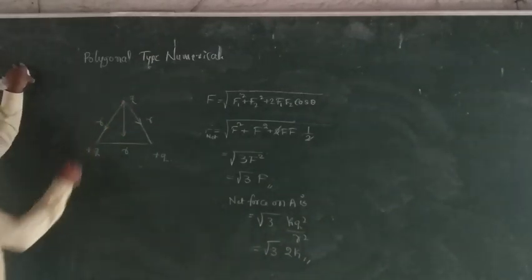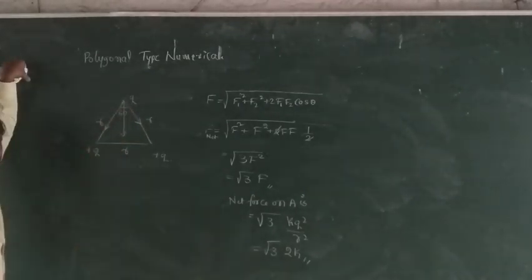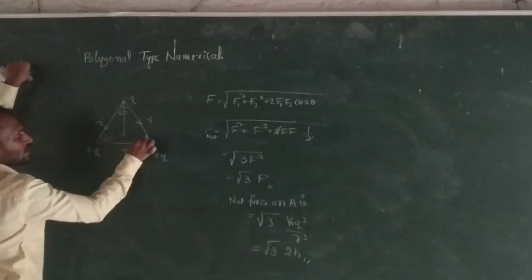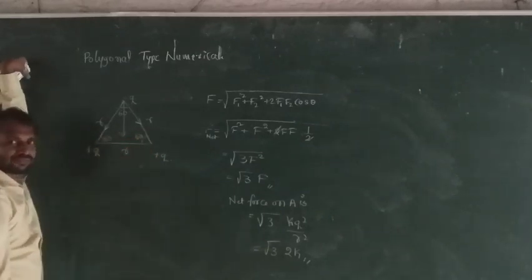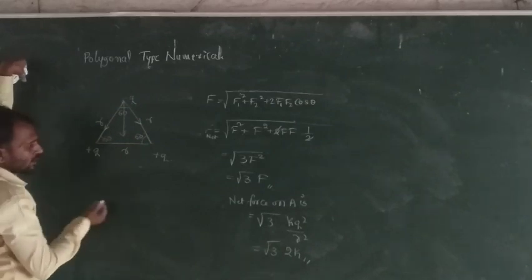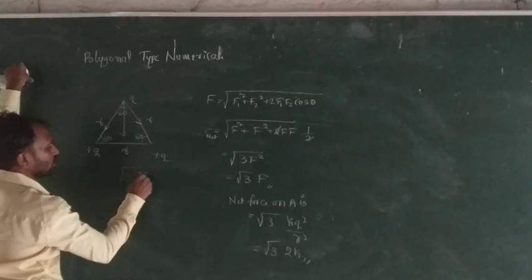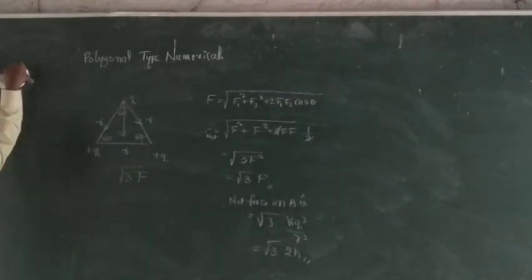The direction of the net force, and the theta value is 60 degrees. So this is 60 degrees, and this is also 60 degrees. But here attractive force and here also attractive force, so for this reason the same formula applies. So that is also 3 root 3 into F.